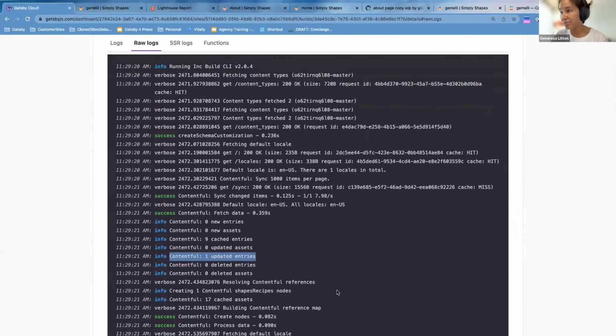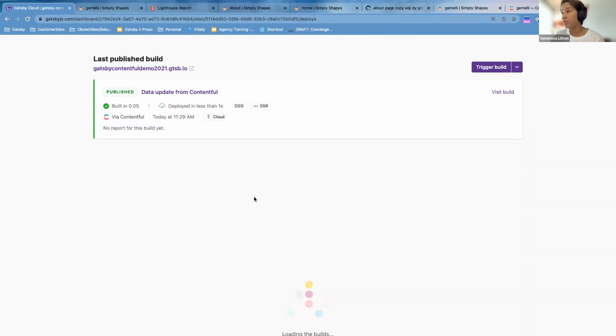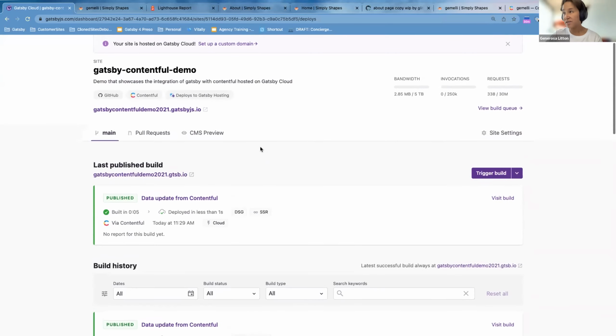And that's all that Gatsby Cloud built. So that is why things were very fast, 5 seconds and 1 second. That's the power of Gatsby Cloud, incremental builds, and that's it for now. Those are the 2 workflows. So thank you for letting me share that, Alan. I'll turn it back to you.